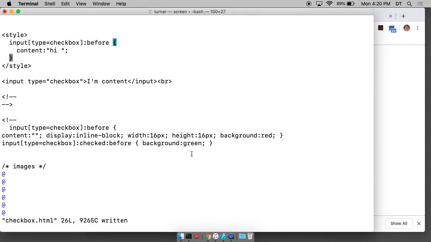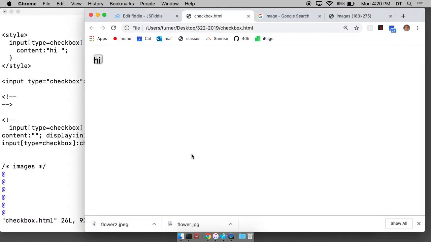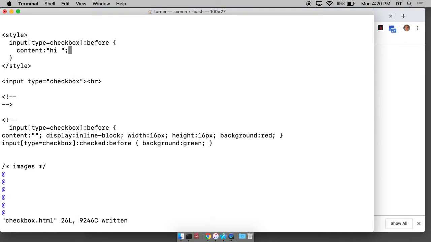Okay. So what does it do when I do this? Same thing. What happens when I do this? Same thing. If I put in a blank string,